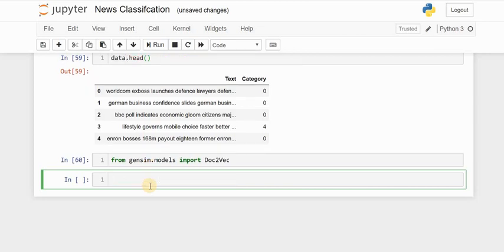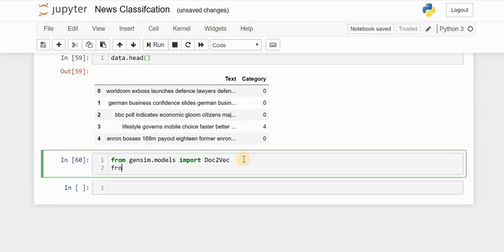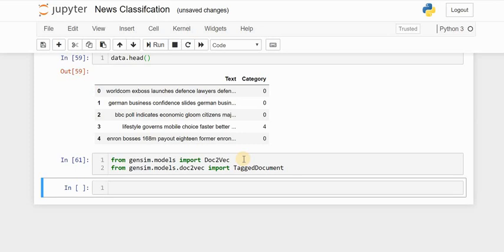Then we require something called TaggedDocument from Gensim. If you want me to go through the entire Gensim tutorial, please let me know in the comment section.